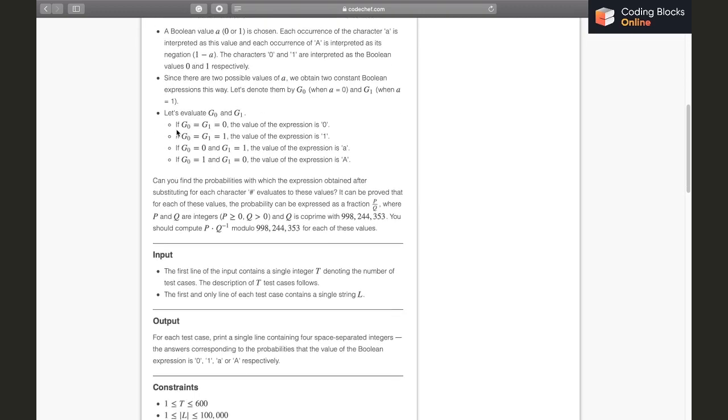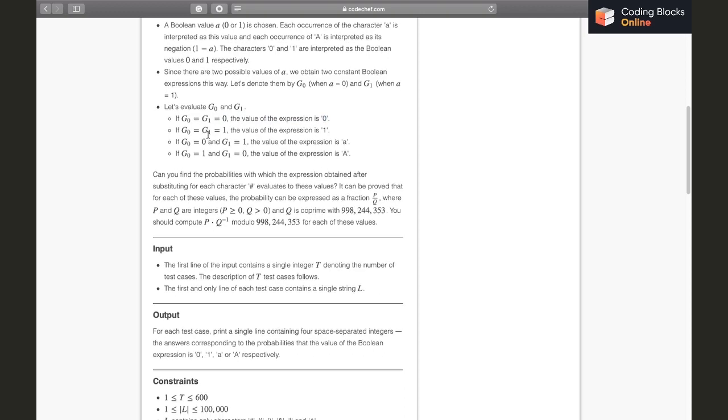If g0 equals g1 equals 0, then the value of the expression is 0. In other words, irrespective of the value of a, if the expression is 0 in both cases, then our expression's value is 0.